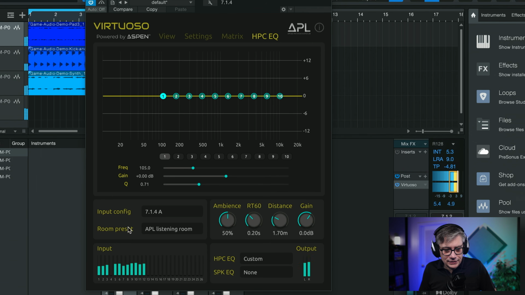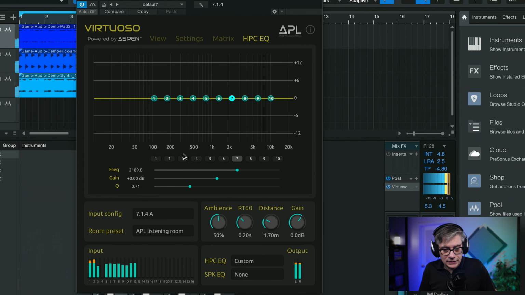So you can essentially see that we have the 7.1.4 coming in here, and it's converting that into binaural. And we can now custom tune to our particular headset. So let me do the 7, and yeah, let's, if I moved it up. So you can create your own EQ profile, which is really, really, really cool.